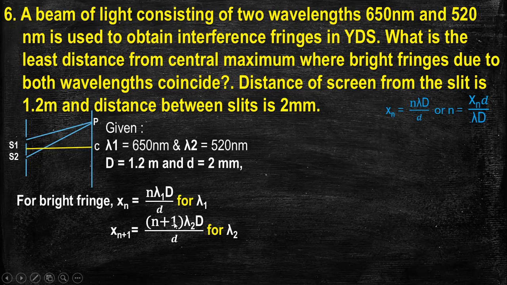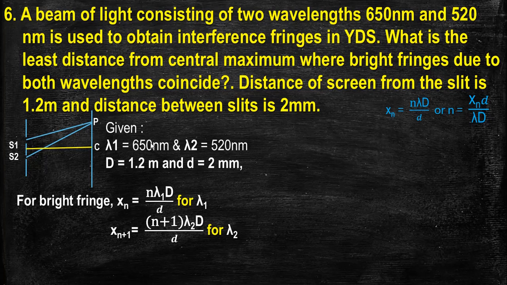So here I am writing the same formula for lambda 2. Again, in place of n I am taking n plus 1, in place of lambda 1 I am taking lambda 2, capital D, small d as it is. But I am taking n plus 1 in place of n. It's because whenever you use 650 nanometer, you are getting some nth bright fringe at point P. When the wavelength of light is